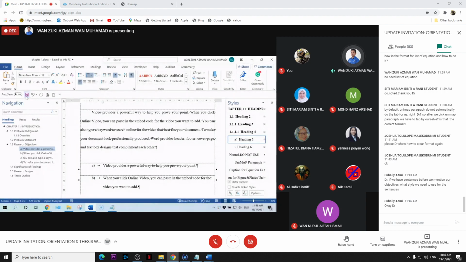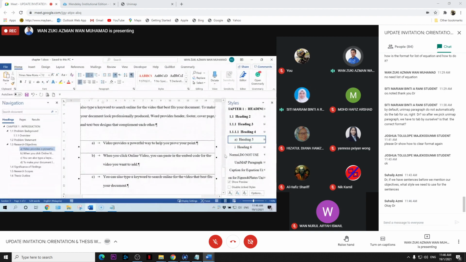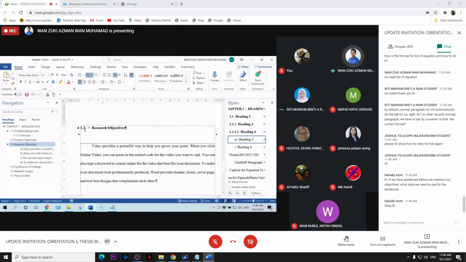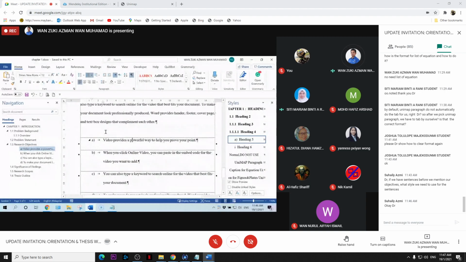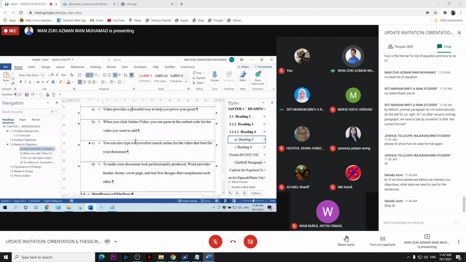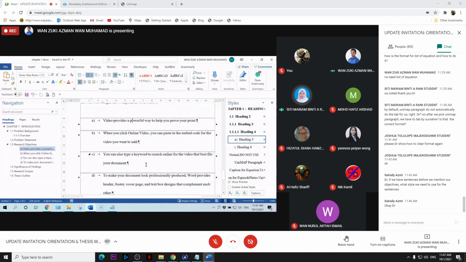All right. So this one is your chapter 1. So you have done your chapter 1. If objective, we use numbering Roman or how to do it? Numbering 1, 2, 3. Normally we avoid, because our heading uses the numbering 1.2, 1.3, right? So for this item, I suggest you use another alphanumeric. Don't use the same 1, 2, 3. So for objective we use heading 5. Heading 5. Okay.